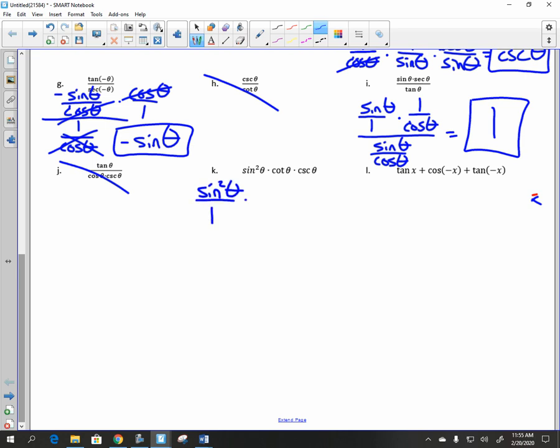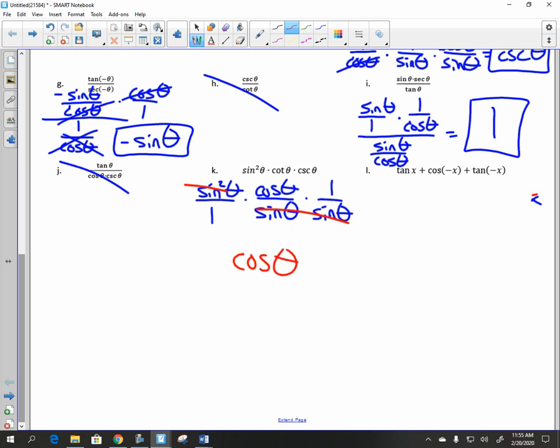Sine squared over 1 times, how do I rewrite cotangent? Cosine over sine. How do I rewrite cosecant? 1 over sine. Does anything cancel? Yeah, I have sine squared in the numerator. I have a sine squared in the denominator. We're going to cancel, leaving me with,